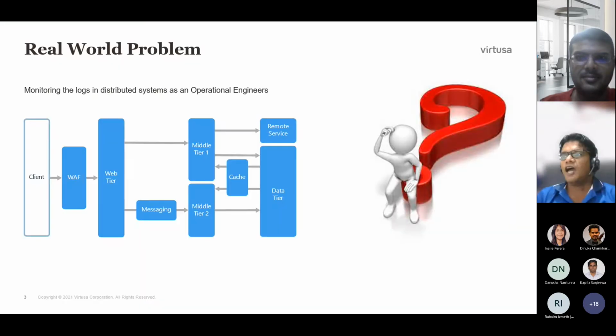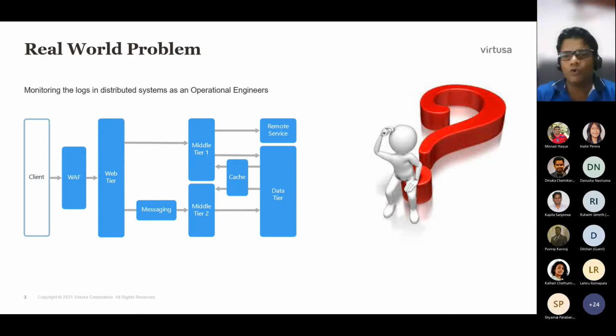So I'll move on. The first thing: as an operational engineer, if you are freshers or coming from a campus background, you may have enough experience developing projects and debugging them, maybe AI kind of projects or very big solutions that you have built.